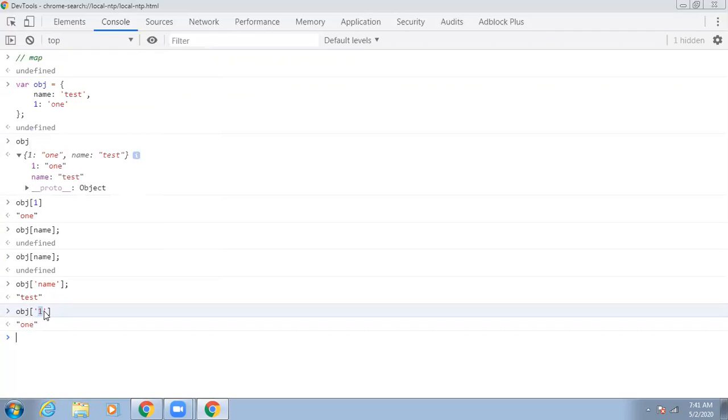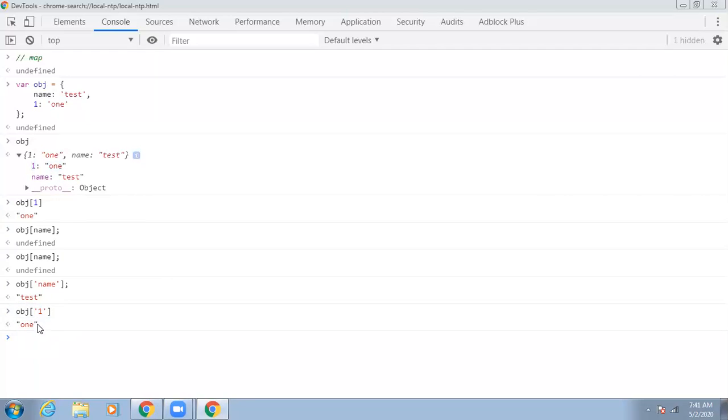Have you observed this? The one I passed as a string, and the one here is actually a number, but still I am receiving this value.